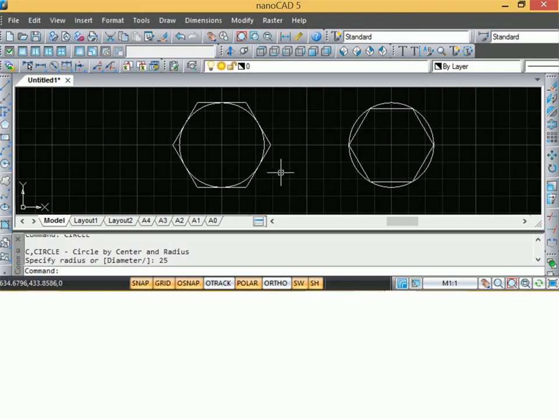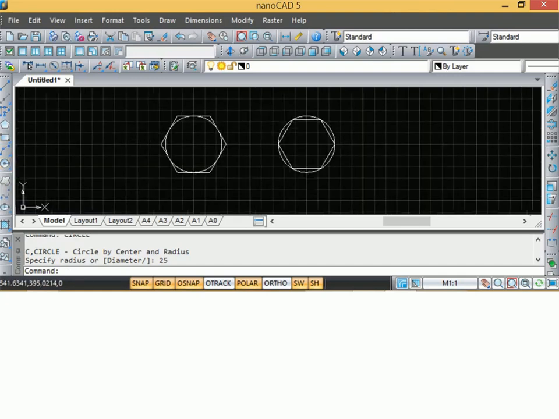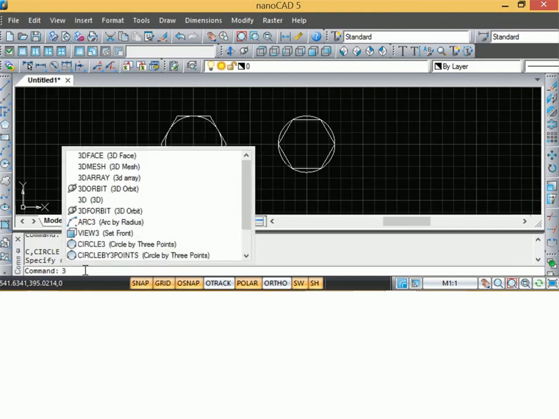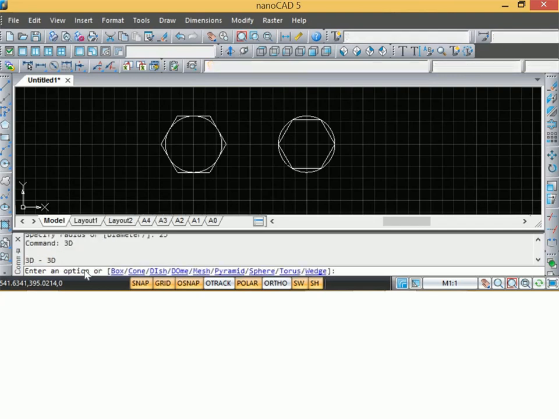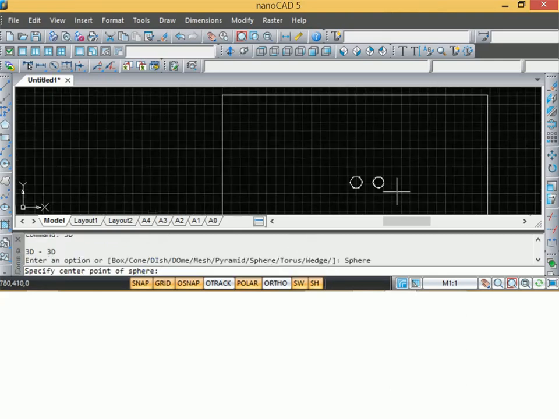Now we'll have the alternate. So now we'll go for the 3D. For 3D diagrams we have to select this 3D. I'm selecting here: dome, mesh, pyramid, sphere. I'm selecting the sphere to understand it. Sphere center, I'm selecting the sphere center